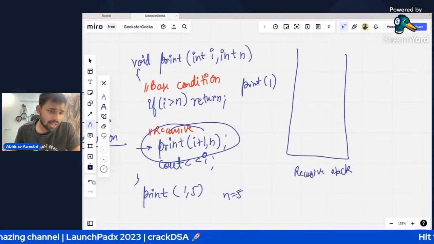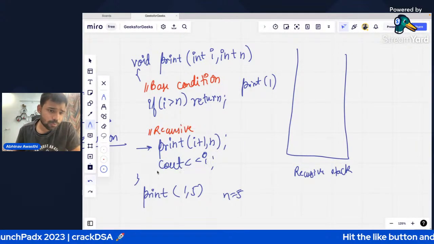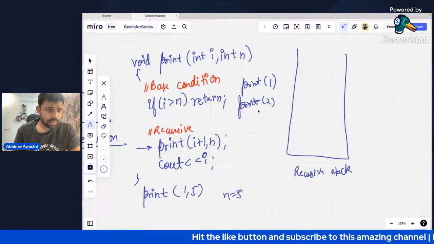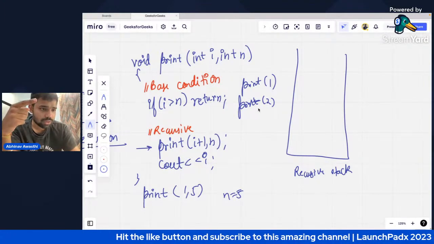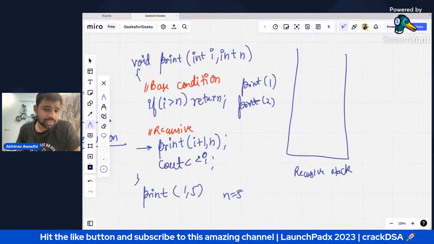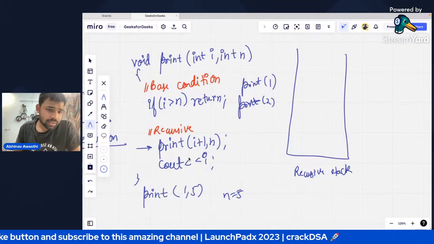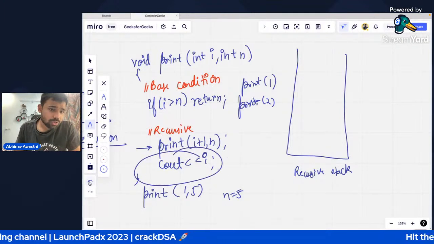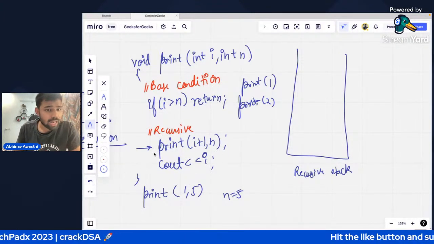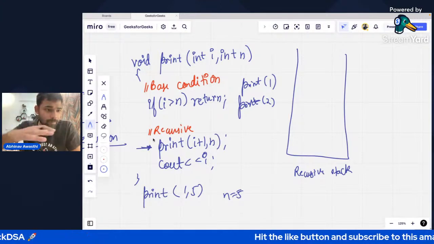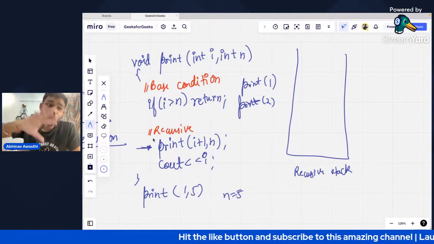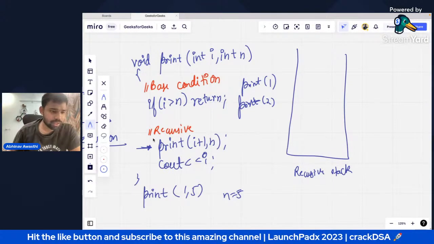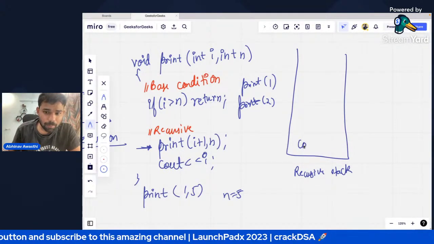In this particular part, guys, it will call for print of 2, and i+1 will happen. But this condition will remain as it is. This will be left over, the last condition will remain. Because once the new recursion call is made, this recursion is not finished; it will be in wait until that call completes. So we will write that here.